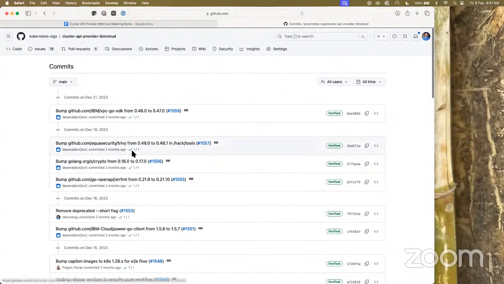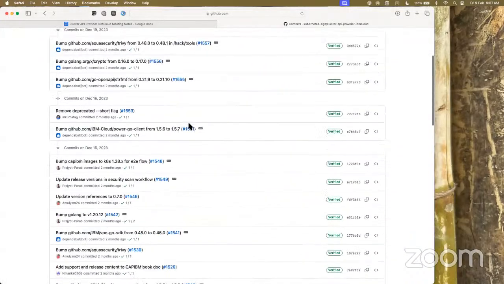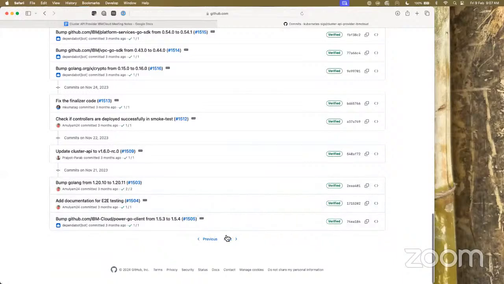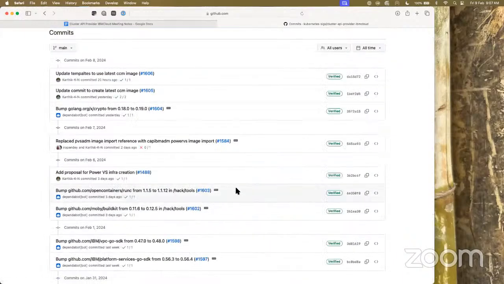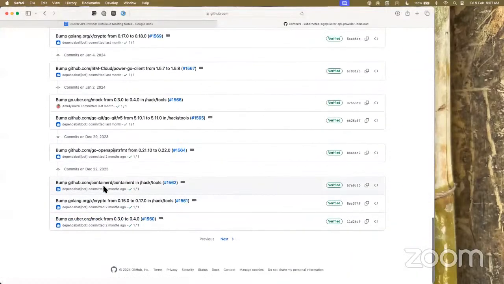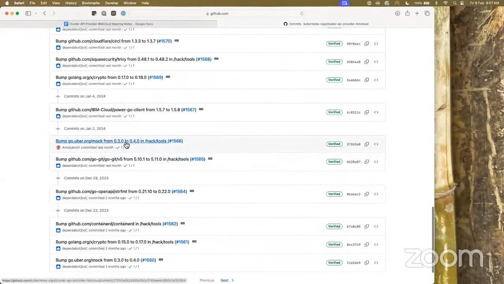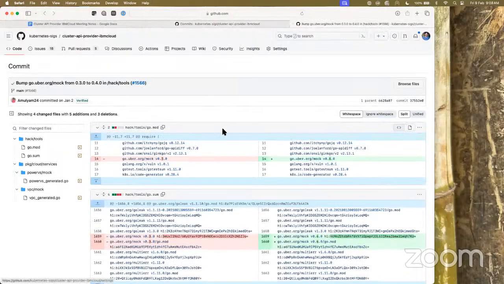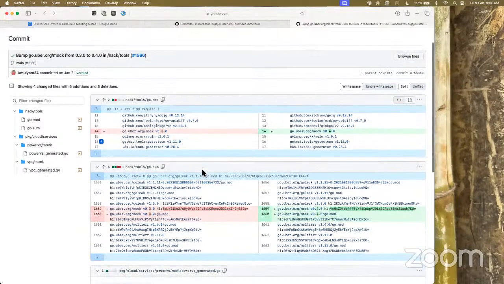And then a bunch of dependabot updates. Lots of updates. And I see there is this update for bumping mock.